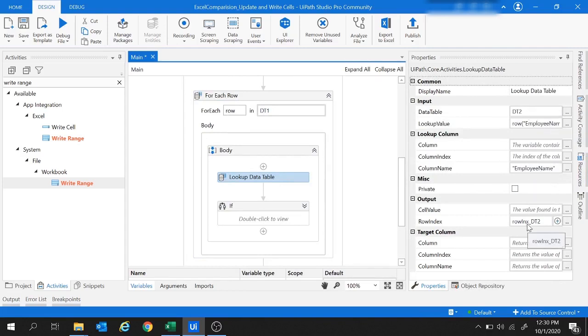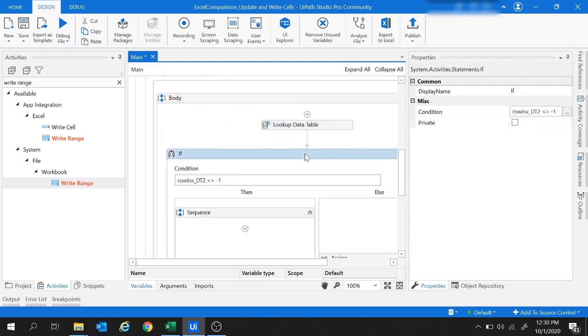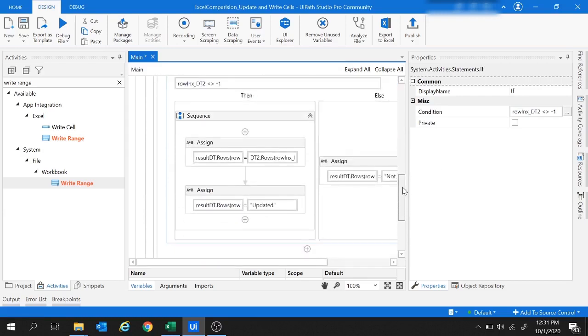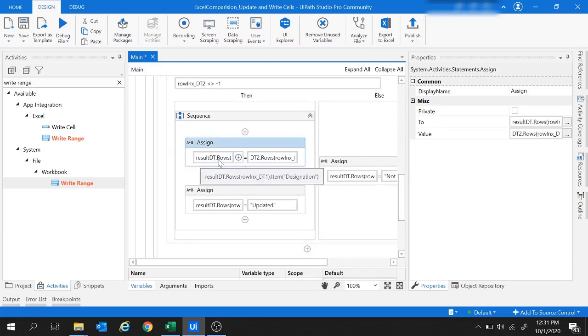Now if the match is found, this row index will have some value other than -1. So accordingly we provided a condition: if the value of row index DT2 is not equal to -1, that means the match is found. So we updated the designation column of the result data table with the value of updated designation from the DT2 data table, and we also updated the status column to updated.